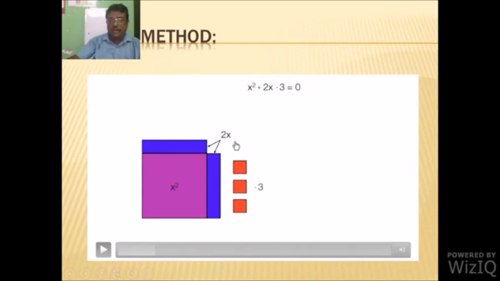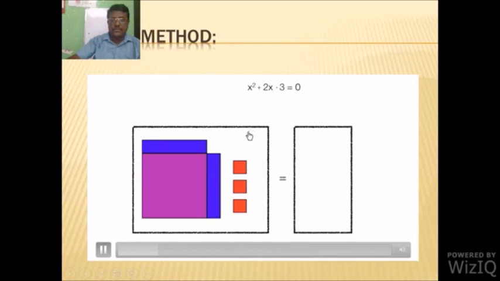Now we can solve the equation by our completing the square method. On the left side you have 3 squares, so they can be removed by adding 3 squares on both sides. So there are 3 red squares and 3 green squares. Now we can see the left side squares are completely eliminated. So on the right hand side you will get the green squares, all 3 squares will be there.